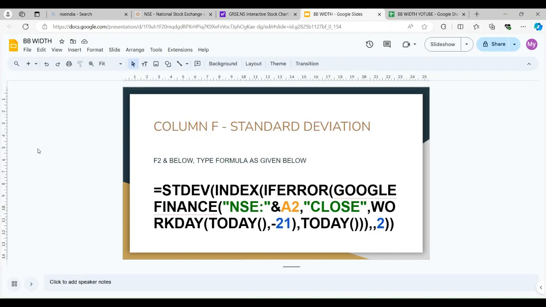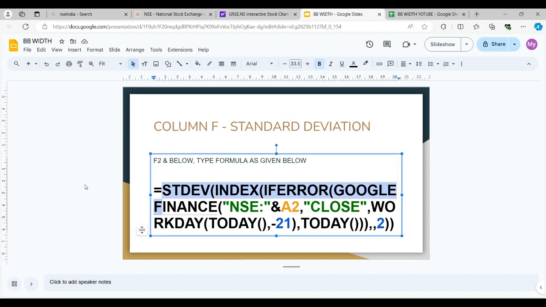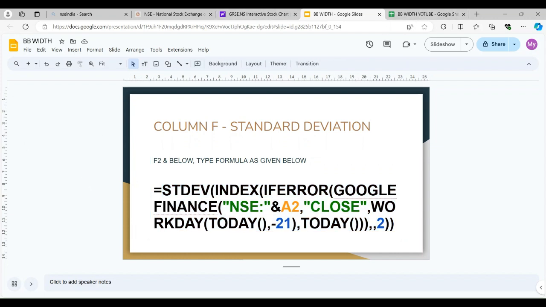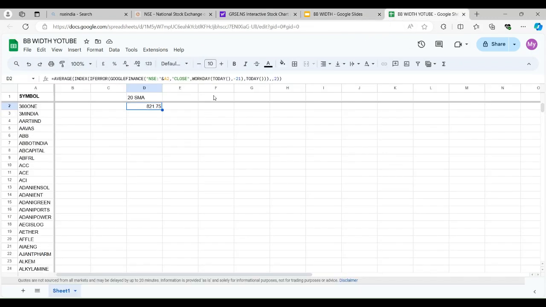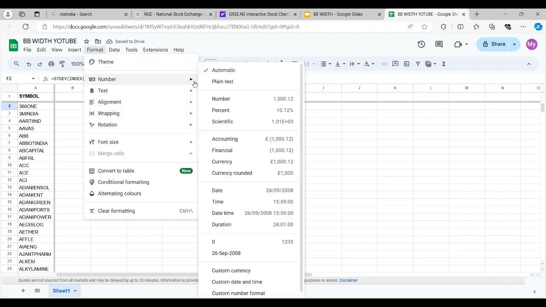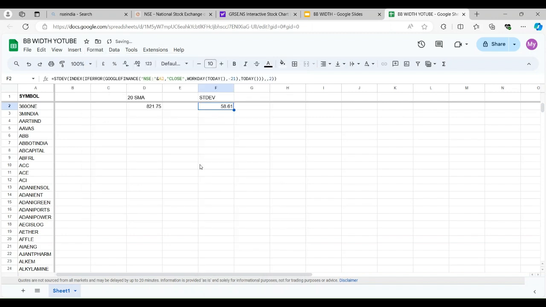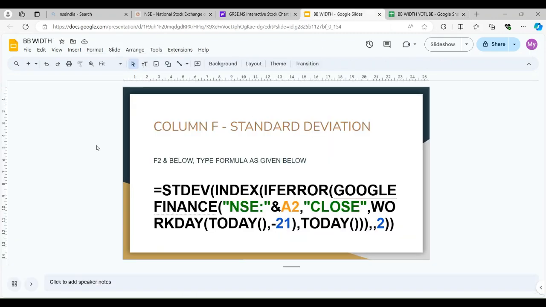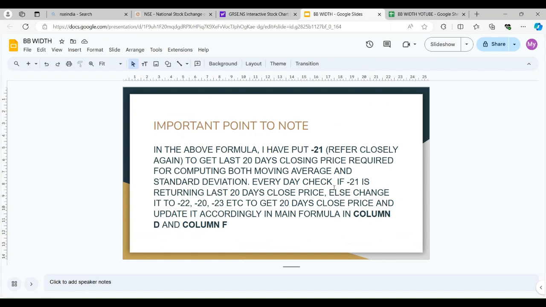Yeah. Next column F, standard deviation. Again take screenshot for this formula. Column F, standard deviation. Again number. Okay. So if you go back to the slide, I have put 21